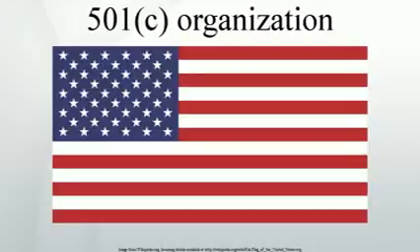501(c) organization. A 501(c) organization, also known colloquially as a 501(c), is an American tax-exempt non-profit organization. Section 501 of the United States Internal Revenue Code provides that 29 types of non-profit organizations are exempt from some federal income taxes. Sections 503 through 505 set out the requirements for attaining such exemptions. Many states refer to Section